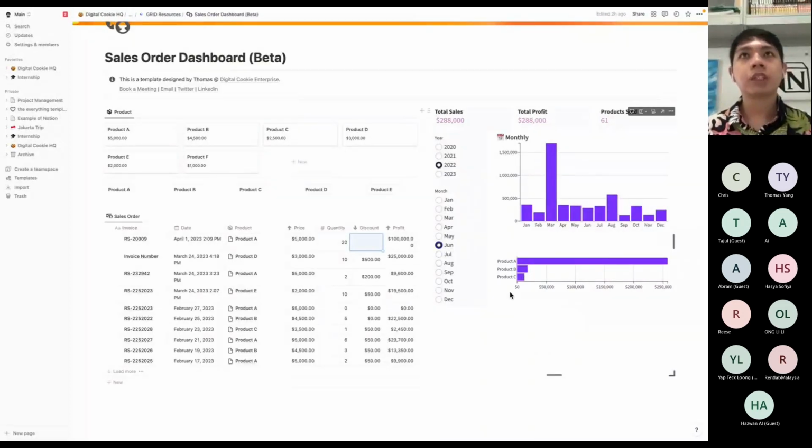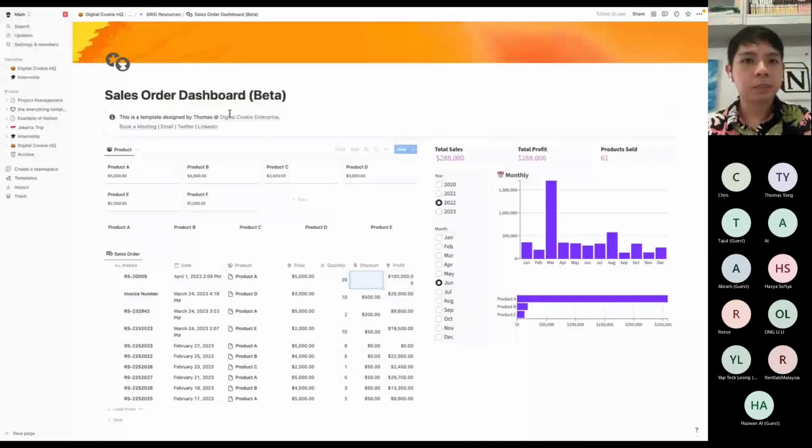So I think Tech Long has one question about whether there is a way to use Notion to calculate business days using a formula. I think it's possible, Tech Long, but that formula is probably a bit complicated. I wouldn't say no. I'm not sure if you mean business days, is it just weekdays? If it's just weekdays, it's probably easier. If you include public holidays, that would probably be a bit more difficult, but it's definitely possible.